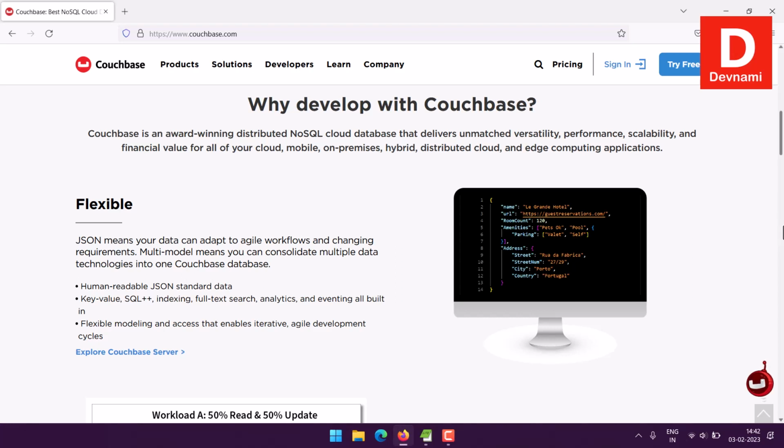Okay, so let's take a look at how you can install Couchbase on Windows. In my case, I'm currently using Windows 11. If you're using any previous one like Windows 10, or maybe in the near future you could be using Windows 12 or so, regardless of all of that, the process that I'm going to show you should apply to all of them. So the first thing would be to go to couchbase.com, and here we will have to find